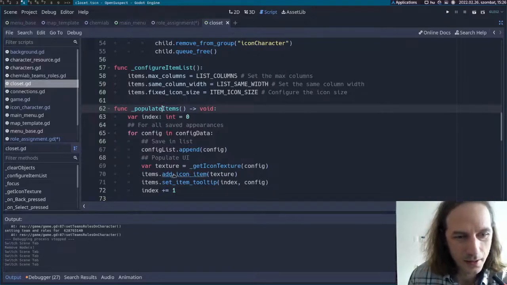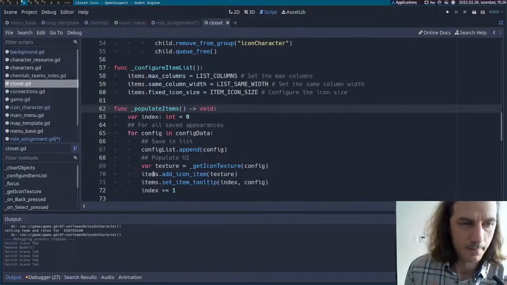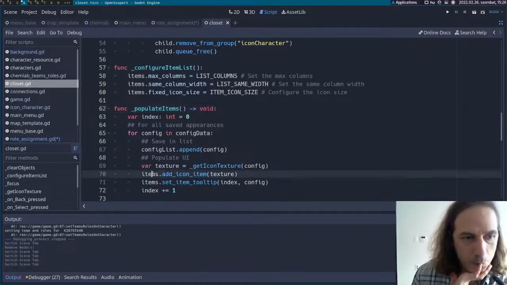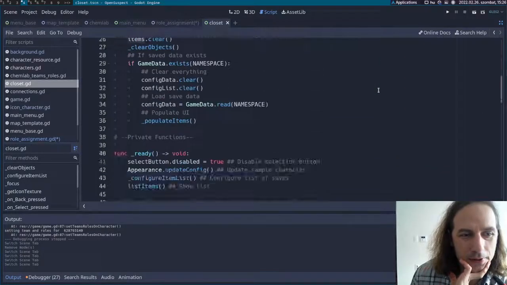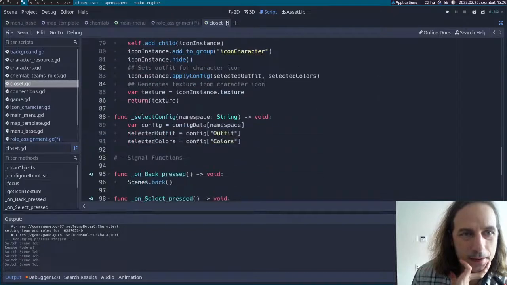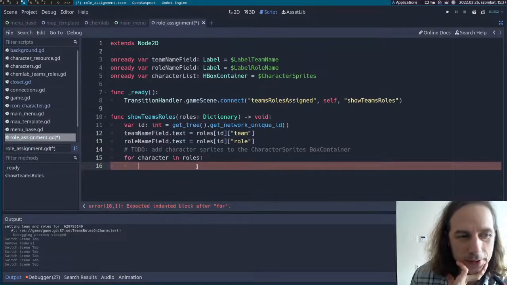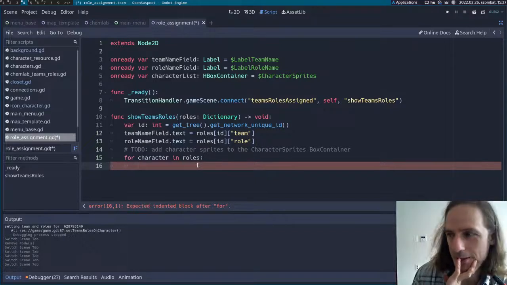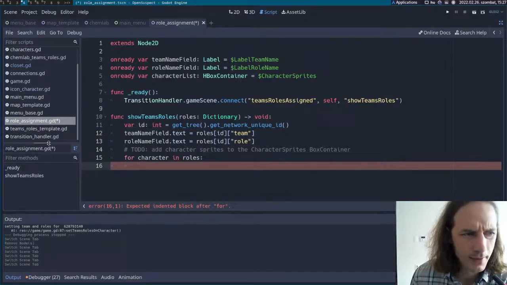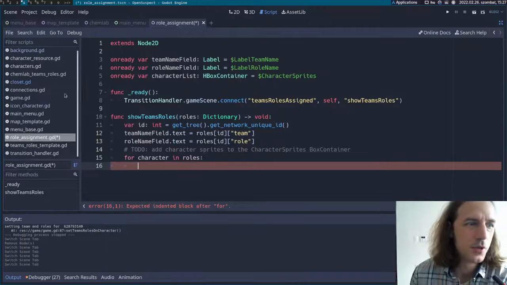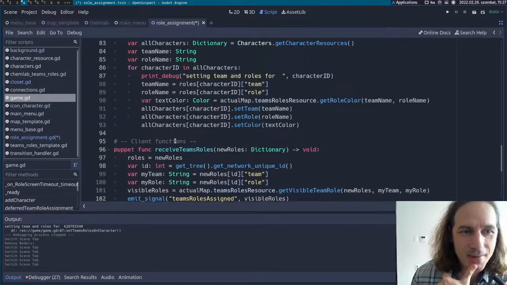Items.add icon item. What is items? Oh, this is an item list. Okay, so it's an item list, so it will work very differently, I guess. So I should not copy that one. So I guess what I can just do is preload the game characters. So how we do it in the game is